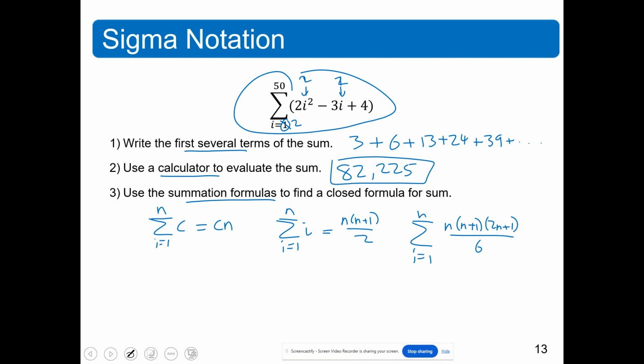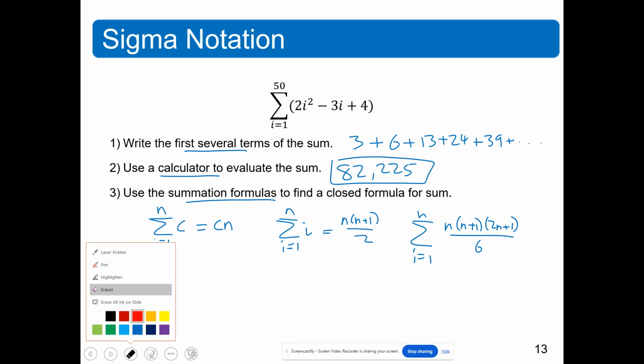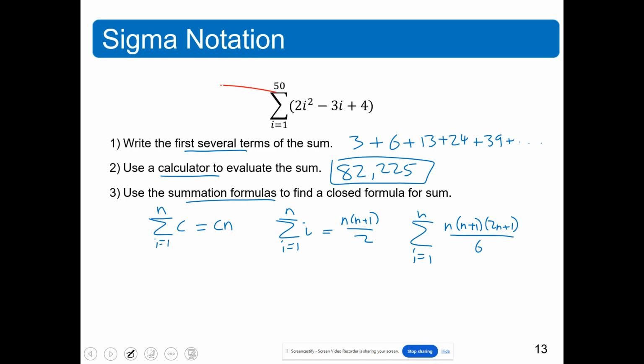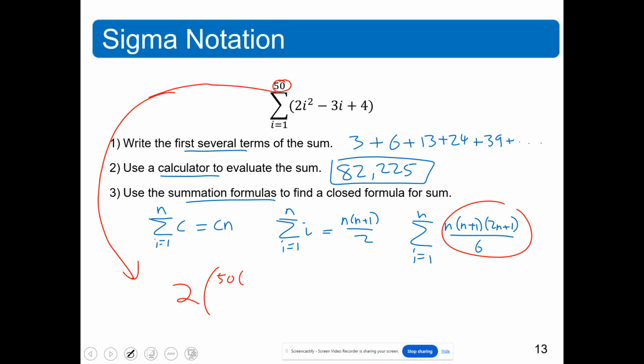And when we do that, we get kind of the following work. Now let me erase what I did up here. Okay, let me erase that. So if I bring this down, I have to do 2 times, and now I'm going to do this, but with a 50 plugged into it. So I'm going to have to do 50 times 51 times 2 times 50 plus 1, all divided by 6,